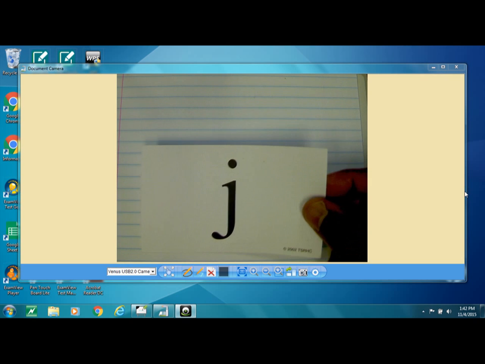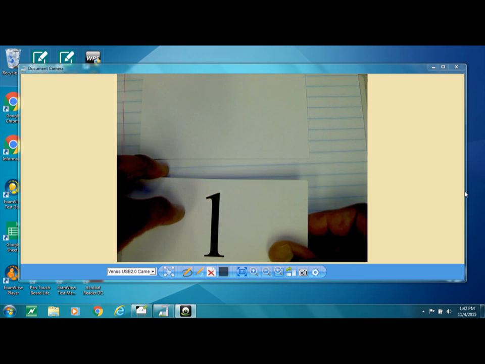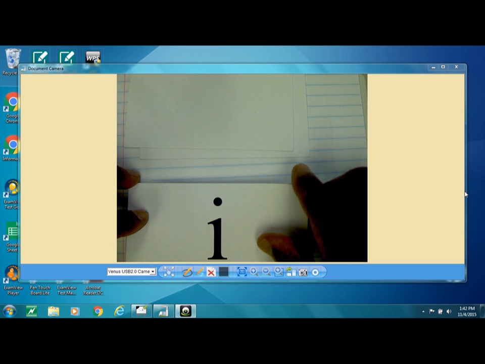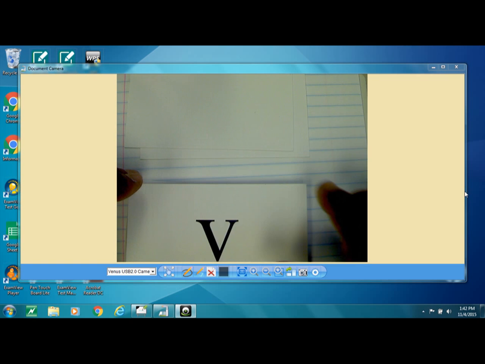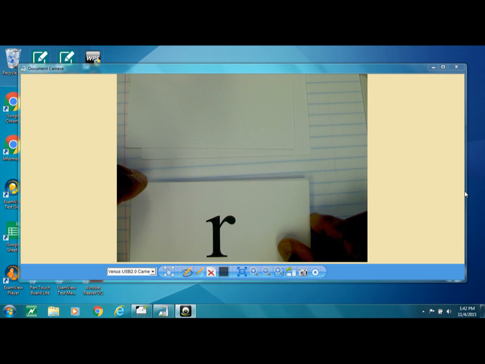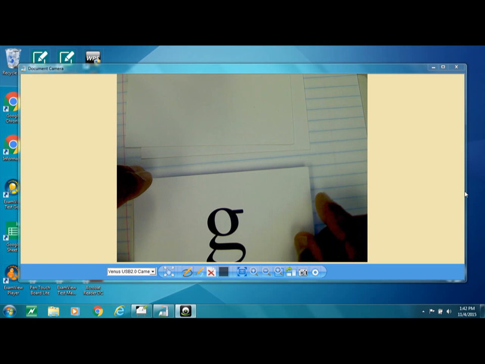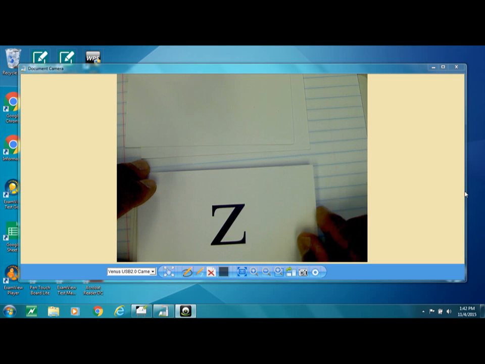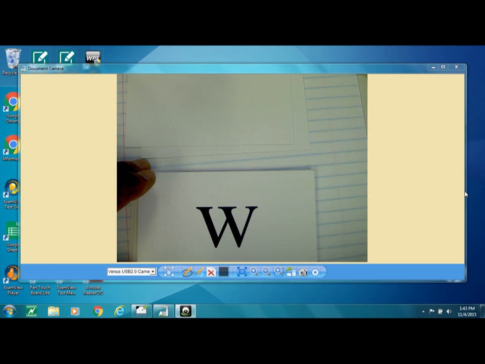J, T, H, L, I, V, R, digraph NG, G, Z, E, K, W, digraph EE, N,